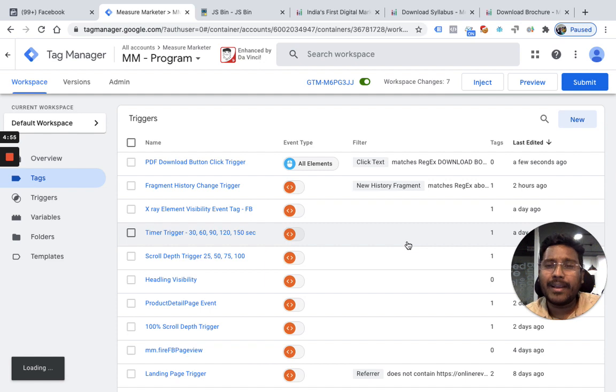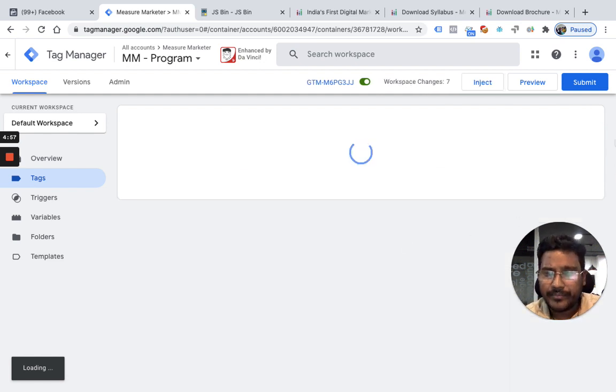Now I go to tags and set up a new tag, a custom event tag.